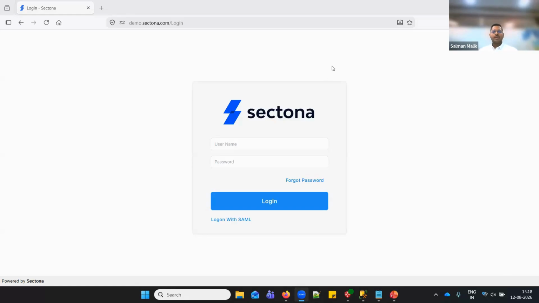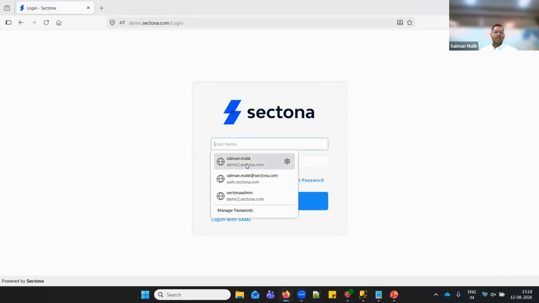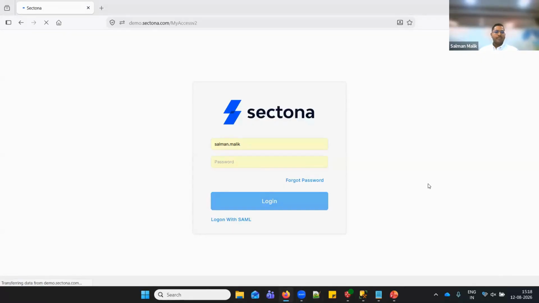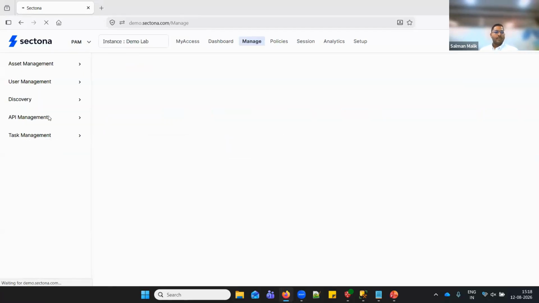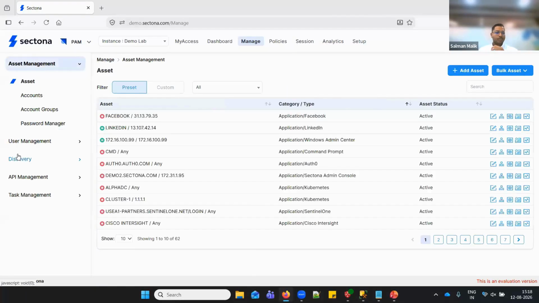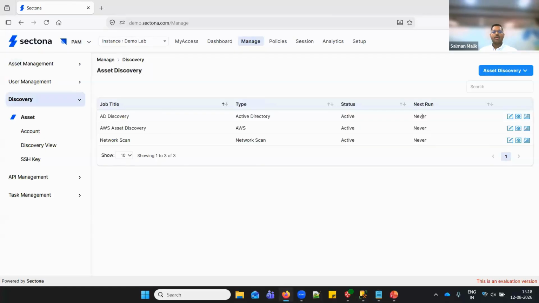All right, so starting on with the technical advancements points. The first point which we have available in the list is Azure Entra ID discovery and onboarding support. Now, as most of you who are already using our PAM platform must be aware, we support asset and account discovery through the Windows LDAP Active Directory channel. Now we have added support for the Azure Entra ID based discovery as well, which now helps you to configure and discover assets which are directly onboarded on your Microsoft Azure platform.